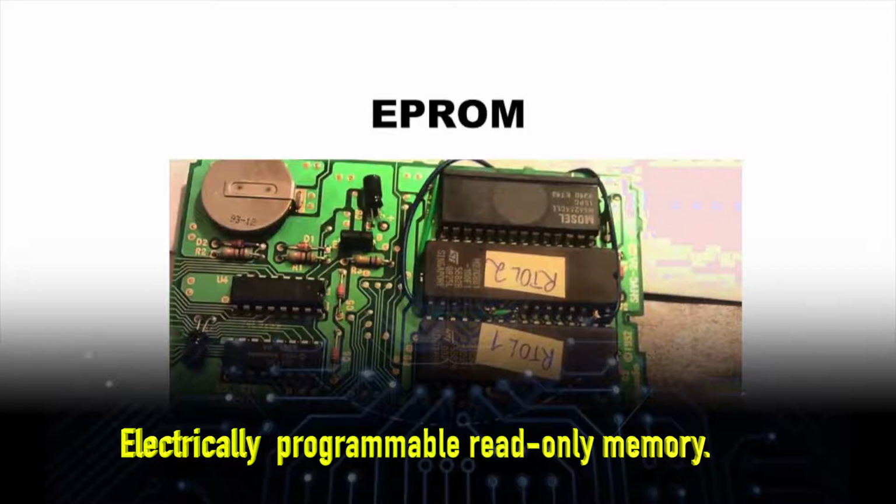EPROM. If a PROM has been programmed and has an error and needs to be updated, then the chip has to be discarded and a new PROM is created to replace the old chip. It is an EPROM, that is erasable programmable read-only memory, which is a PROM that can be erased and reprogrammed without being replaced. EPROM is a special type of memory that retains its contents until it is exposed to ultraviolet light. The ultraviolet light clears its content, making it possible to rewrite the memory.